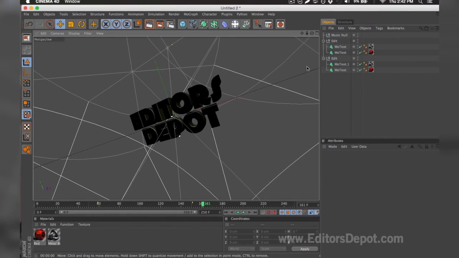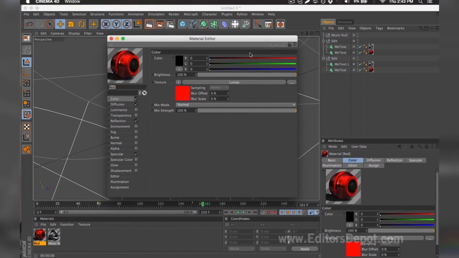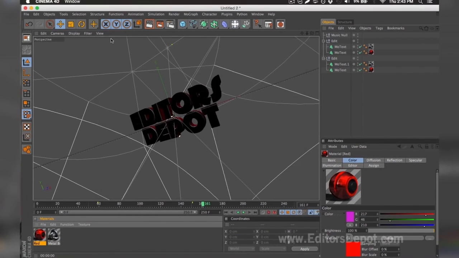I'm 100% happy with the colors because it's red and Editors Depot is red, but if you're not happy with the colors, you can simply come down below, double click it, and make any modifications you wish. Whether it's make it green, make it blue, or blend it all together and make a little purple. I'm going to go ahead and keep it this way, and I'm going to go ahead and go to my